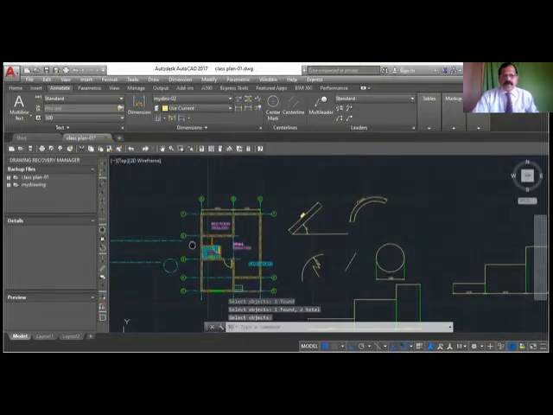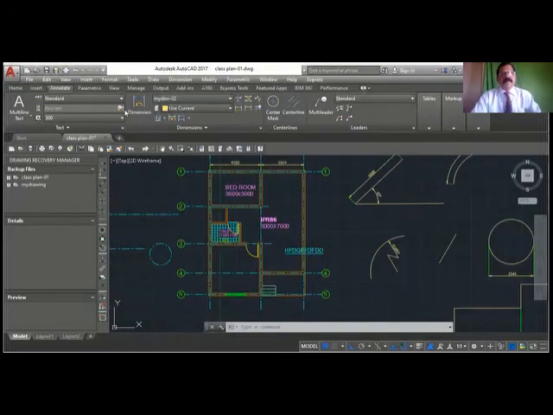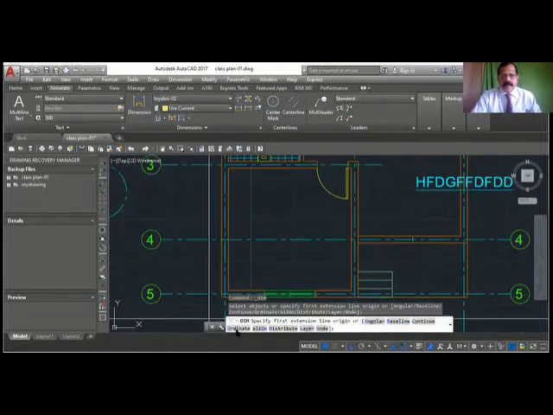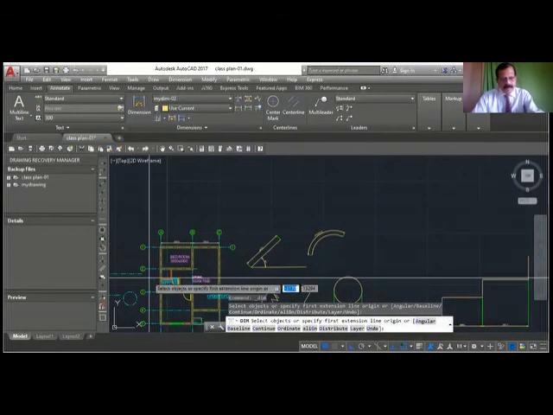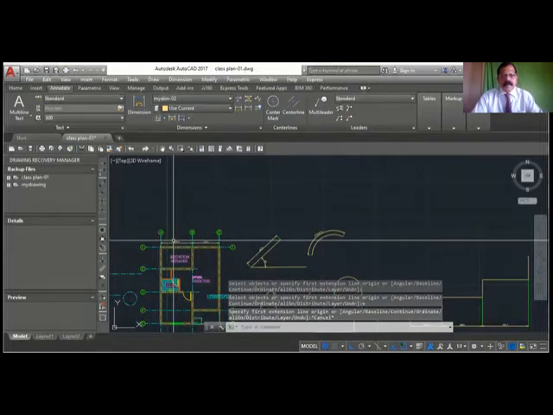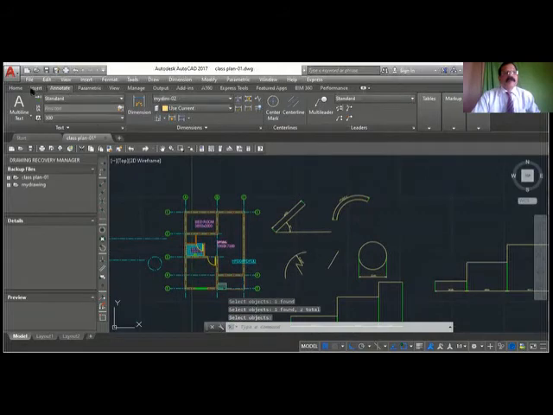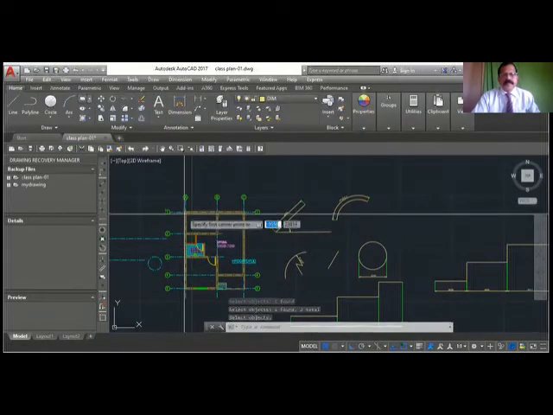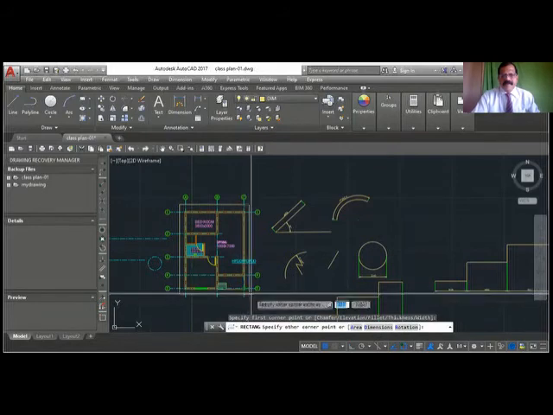Here, if I want to do the dimension, I have to do dimlin, dim continue, like that. Okay. So one method is, first you do the, see there is one more thing you can do when you want to do the dimension. I can just draw a small rectangle, just to get that intersection very easily.